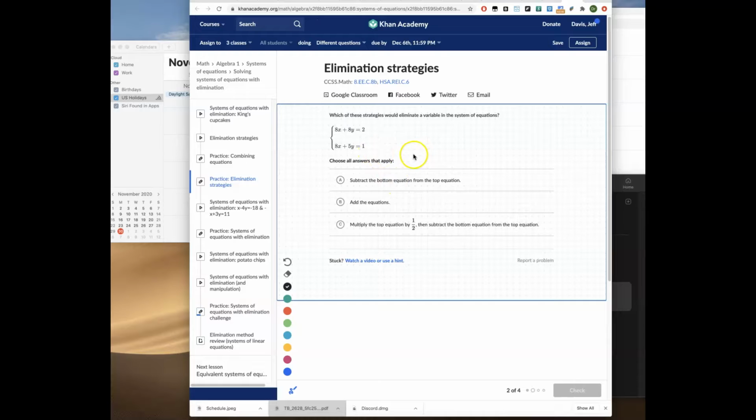Which of these would eliminate a variable? Subtract the bottom equation from the top. 8x minus 8x would make those 8's go away. That's perfect. Add the equations. Then I'd have 16x's and 13y's. That doesn't work. Multiply the top equation by a half and then subtract. So that would make this